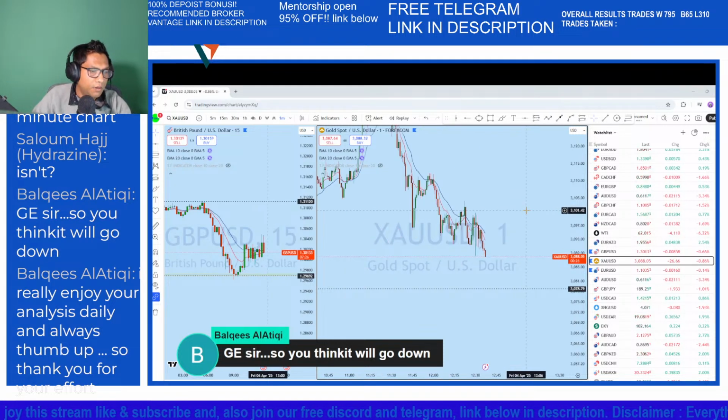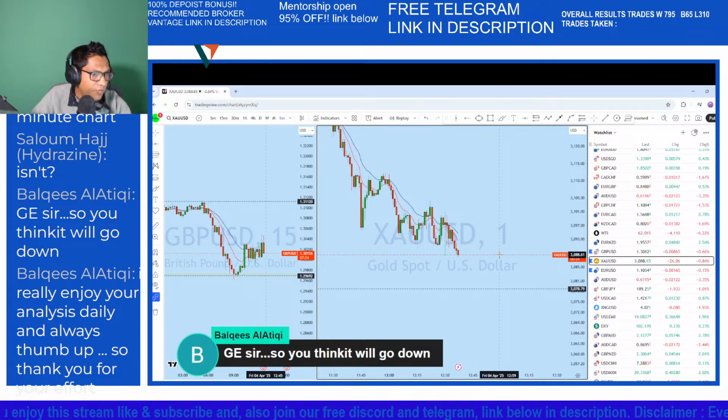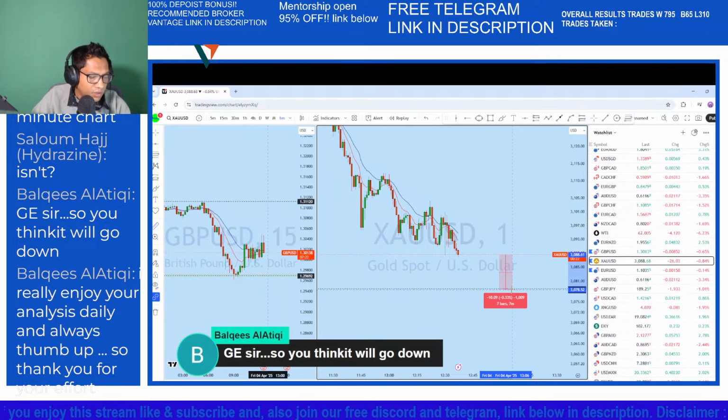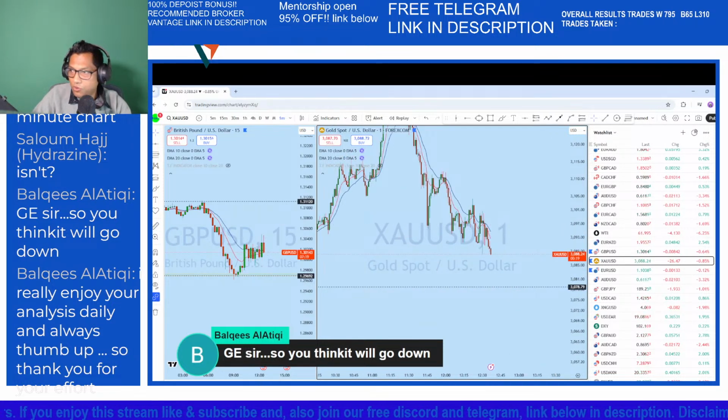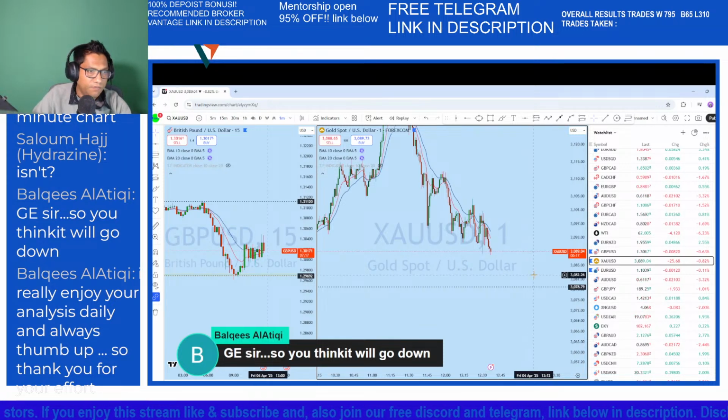So if we look here for a possible drop to that support level, a 10 pip move is possible in that direction,